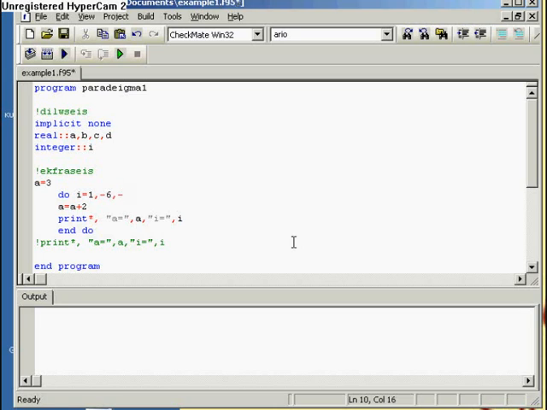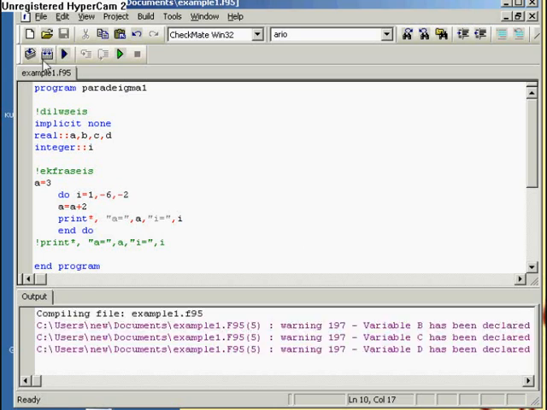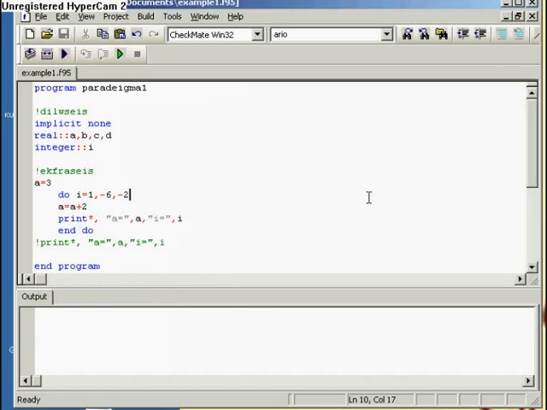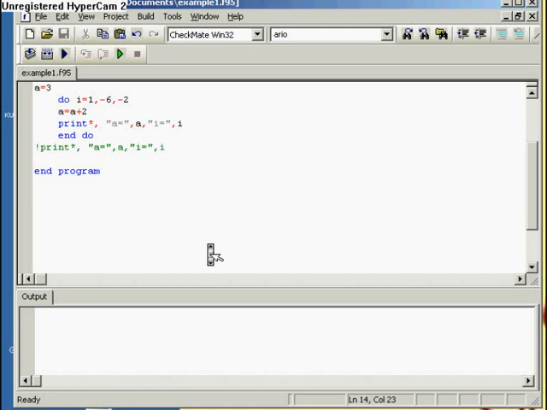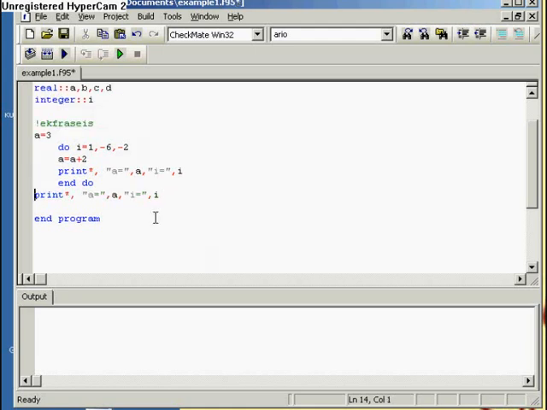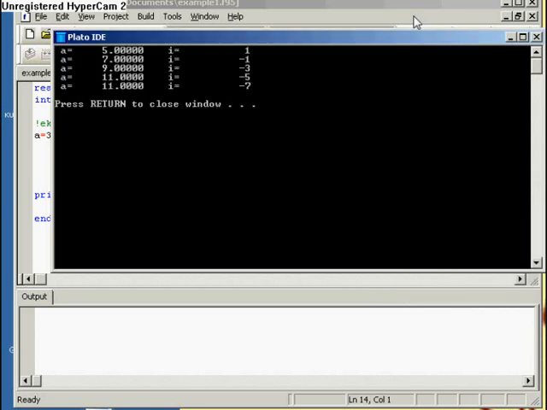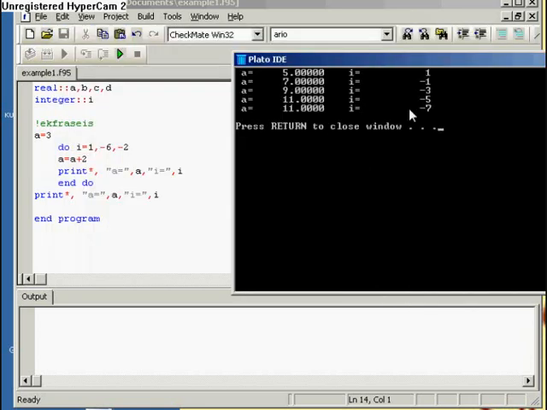Also check that we could have steps not only 1 or 2, but also -2 and so on. When you don't have an exclamation mark before print, then you activate this command. So we're going to have again the same value of A, since we are going out of the loop, but I, instead of being -5, is going to be -7. Well, this happens because when it goes to end